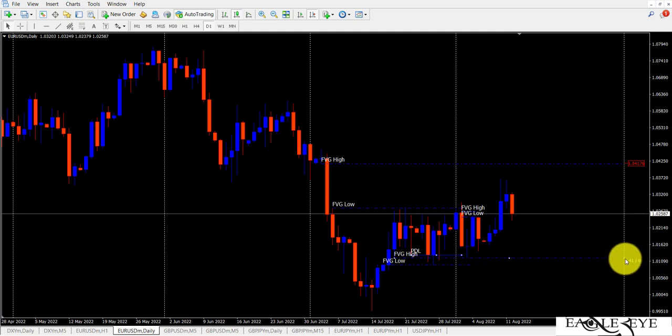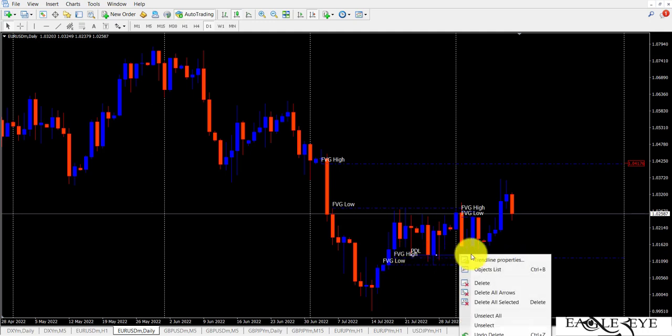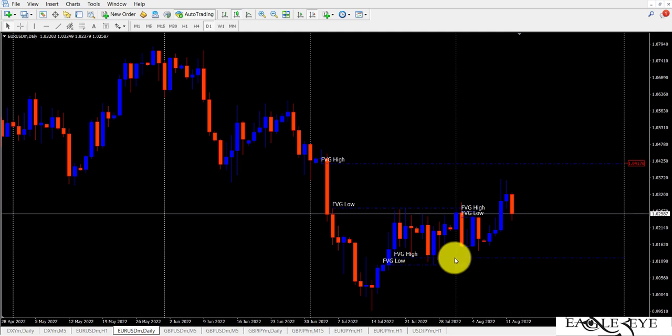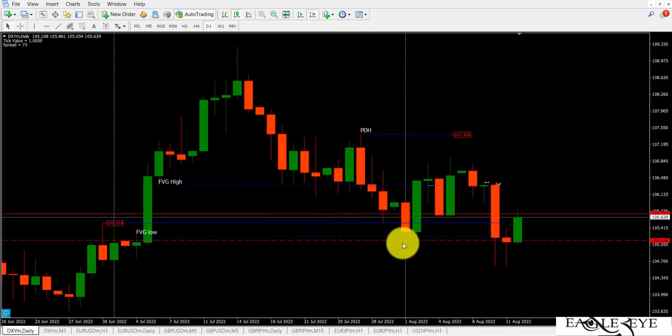In these particular areas, this fair value gap that we ran into some time back, this area, this high right here, and this particular candle, we might actually run into that particular level once again. So it all depends on what we see on Monday, then we trade accordingly. As of now, there's no clear read on price. So let's see what the market does on Monday, then we trade accordingly.